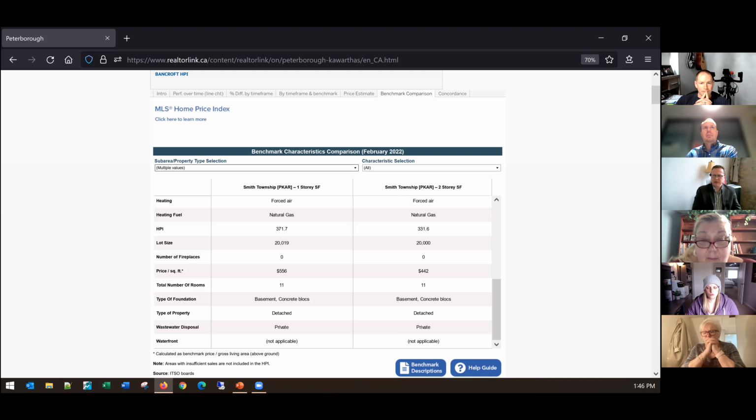I think it depends on how your board has set up the HPI, because basically it starts at the neighborhood level and the board submits a set of polygons to Altus. These polygons are mapped up as latitude and longitude points, and that's how the neighborhoods are defined, or how the board has defined them. I don't think you can custom draw your own neighborhoods on the fly, because the models have to be built and reviewed, so that'll be a lot of computational work. But